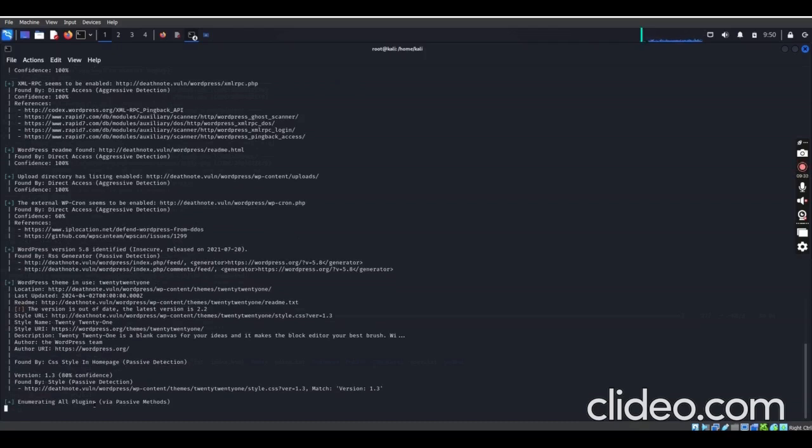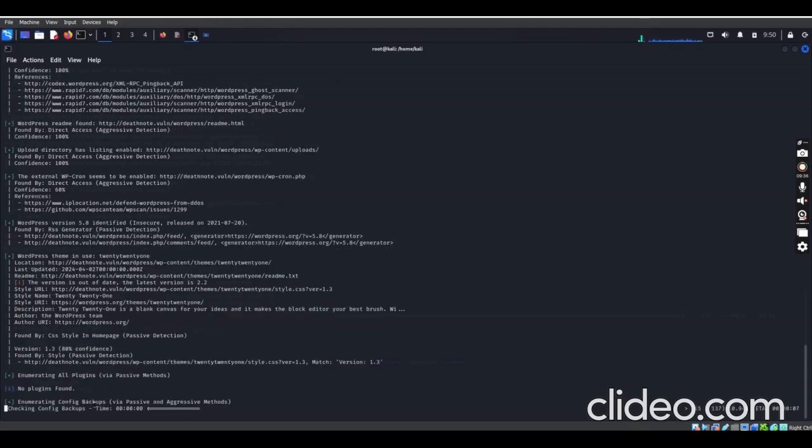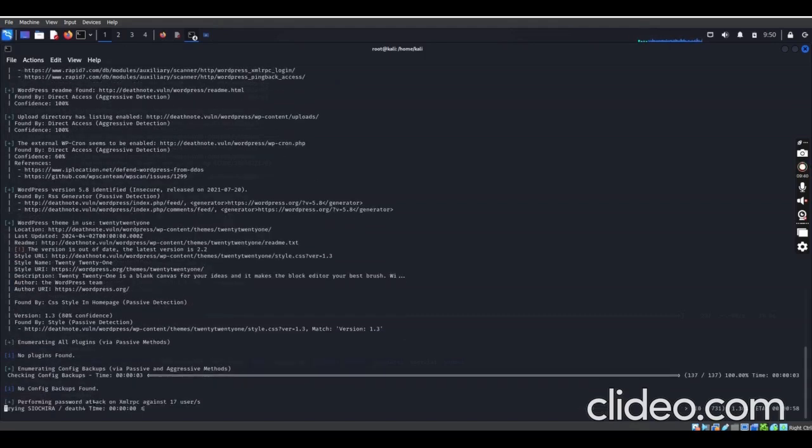We already know that the username is in that user.txt. If the password is in that notes.txt, it will just stop the process. So now you can see it is actually brute forcing through to find out the password itself.